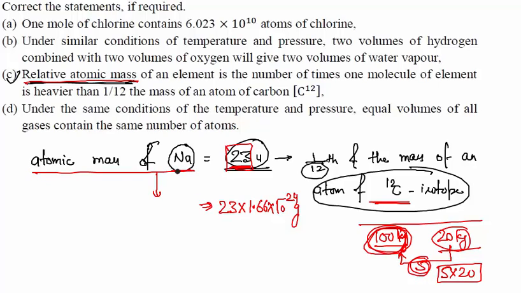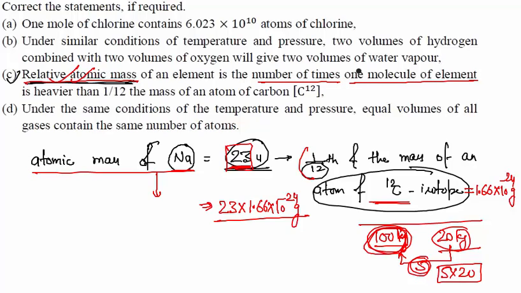This one sodium atom is 23 times heavier than 1/12 of the mass of an atom of C12 isotope, and that value is 1.66 into 10 to the power minus 24 grams. So if you want to find the exact mass of sodium, you have to do 23 into 1.66 into 10 to the power minus 24 gram. Now I think the concept of this relative atomic mass is clear. It is the number of times